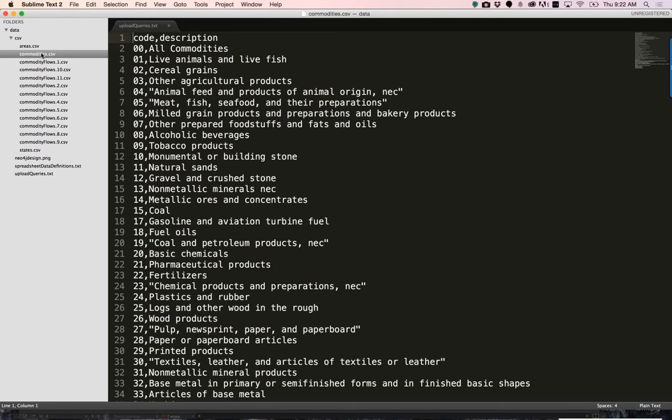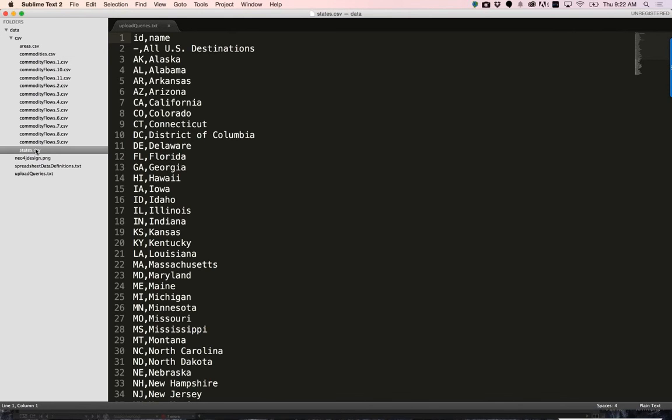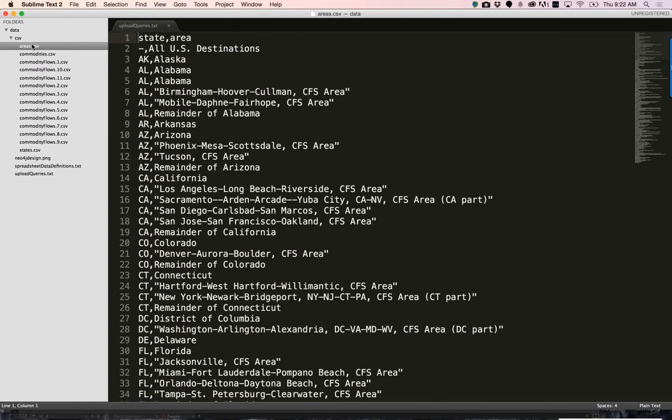And the way that we have that data expressed, when Tom Sawyer downloaded this data as a public data set, they got a bunch of CSV files, or it might have started off as Excel files, but in the end, CSV files is a very common way to store data. And so they have CSV files for commodities. So these are all the commodities objects, or commodities rows, which will be converted to commodities